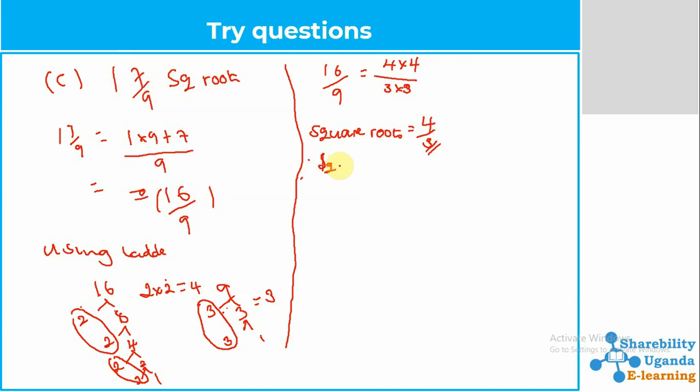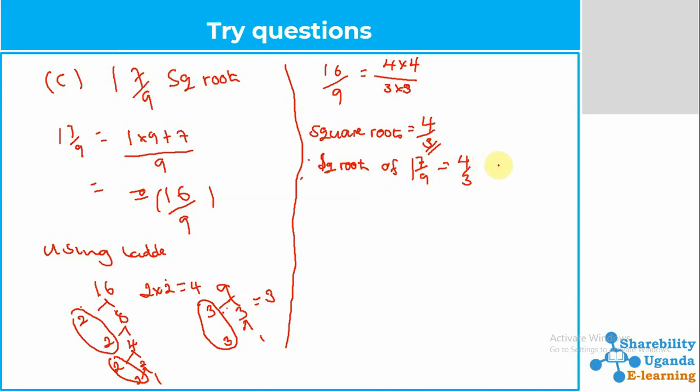the square root of one whole number 7 out of 9, okay, 7 out of 9 is going to be equal to 4 out of 3. So this simply means when you multiply this 4 out of 3